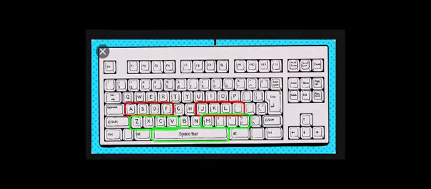Children, next we will learn allocation of keys to fingers on the first row. Children, this is the first row. After learning how to operate keys on the home row and third row, the next step is to learn how to operate keys on the first row, right? Keys Z, X, C, V, B, N, M, comma, full stop, and forward slash signs are located on this row.